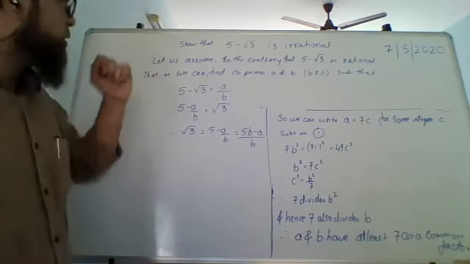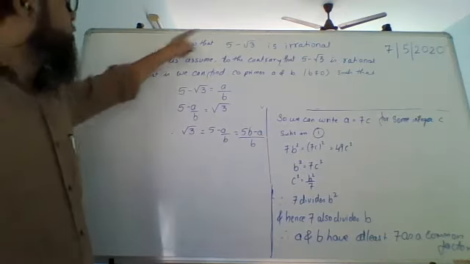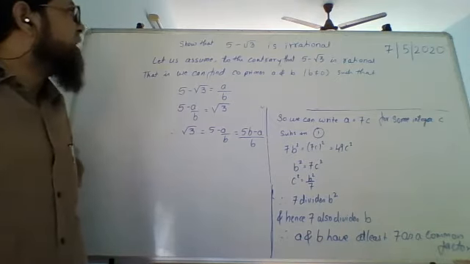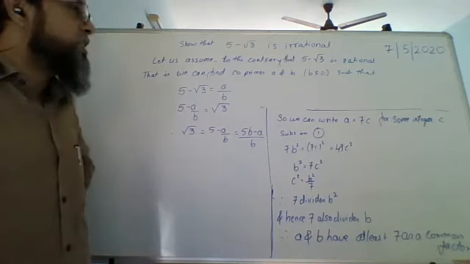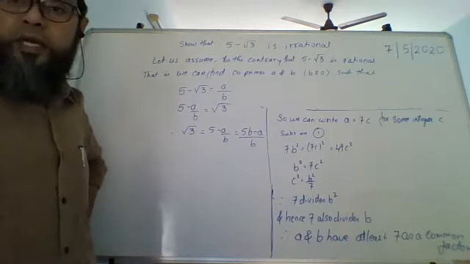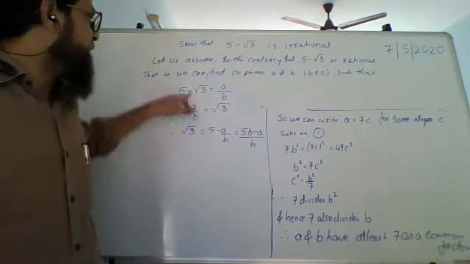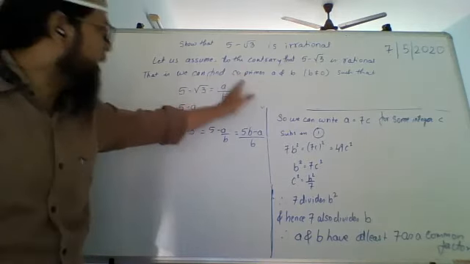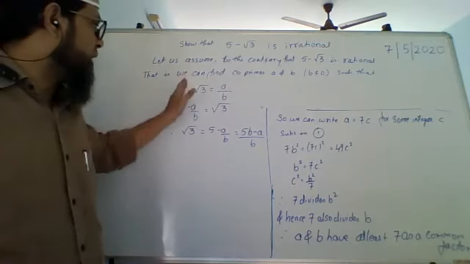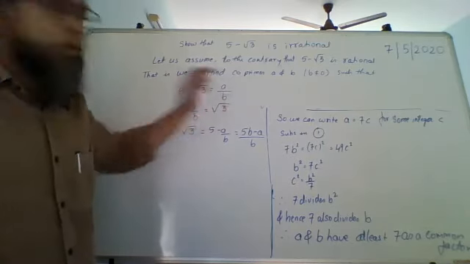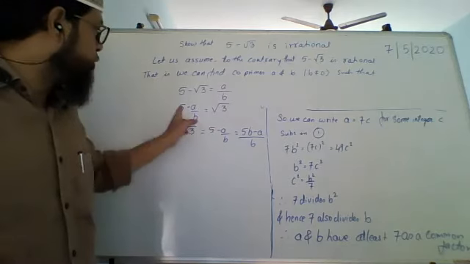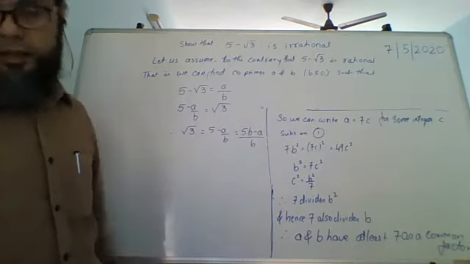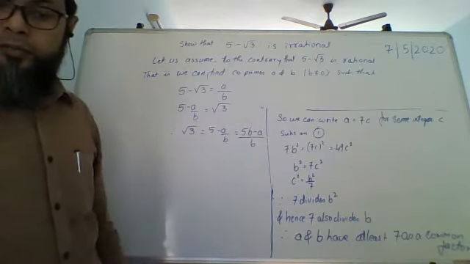Till here clear? You just follow the logical steps that were there. We have to prove that 5 minus root 3 is irrational. We are saying let us assume that it is rational. So if it is rational, there exist co-primes A and B, B not equal to 0, such that that number equals A upon B. We have shifted root 3 this side, A and B this side. So this was positive, it came here and became negative; this was negative, it came here and became positive. Then root 3 equals 5 minus A upon B. Taking the LCM, we get 5B minus A, the whole thing upon B.